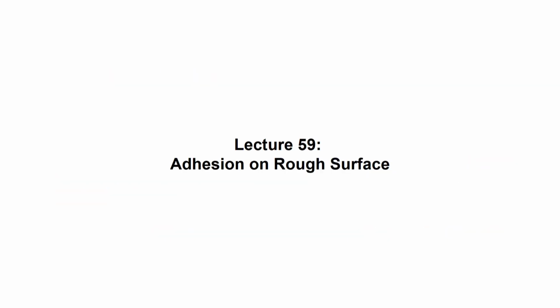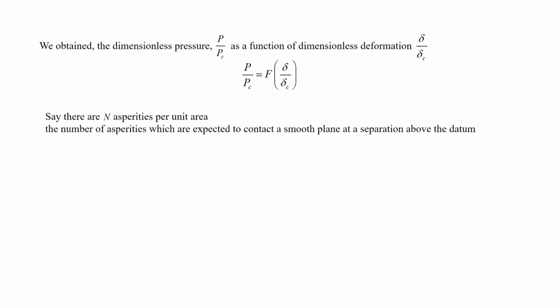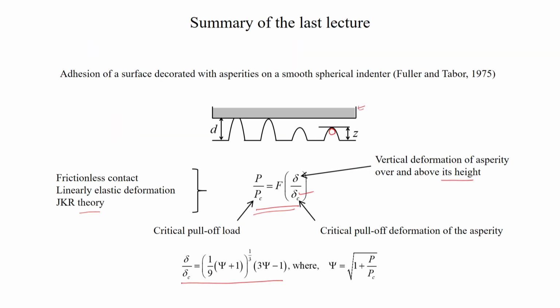So, now we would like to see what to do with this and how that result can be used for estimating the adhesion when you consider all the asperities. So, let us say there are n asperities per unit area. Not all asperities are in contact with this adherent. So, the ones which are expected to be in contact with the smooth plane on the separation above the datum. So, basically the number of asperities which will be in contact with this surface over here,